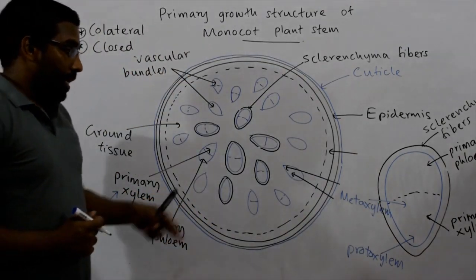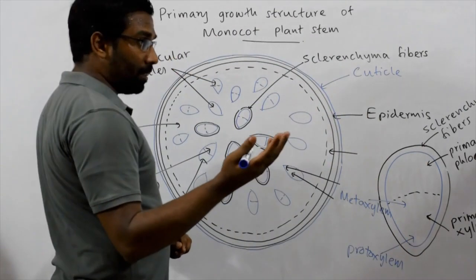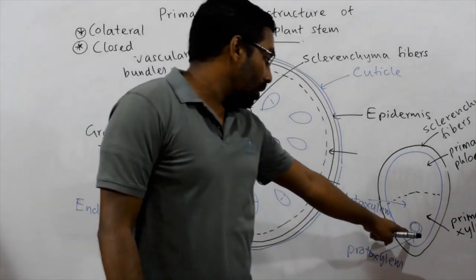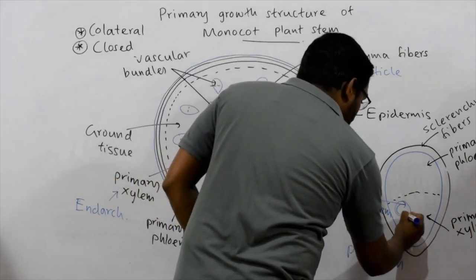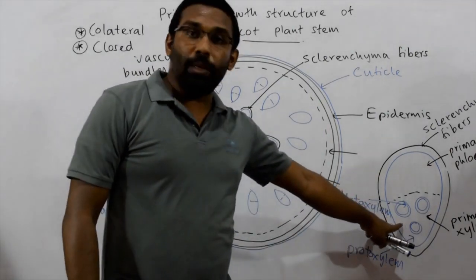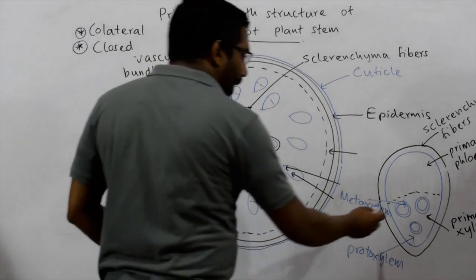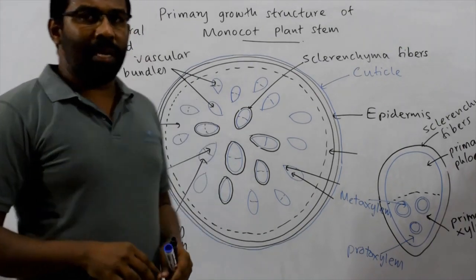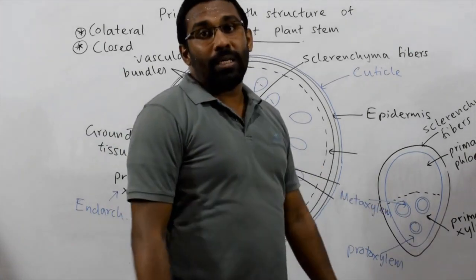Okay, here in monocot stem, primary xylem consists of three main vessel elements. Here one comparatively small vessel element is found towards the protoxylem, and also there are two large vessel elements in the metaxylem region. Three main vessel elements can be clearly observed in the primary xylem region. Imagine these are the vessel elements. But in dicot stem, many vessel elements are found in the primary xylem region. But here in monocot stem, only three main vessel elements are distinguished.